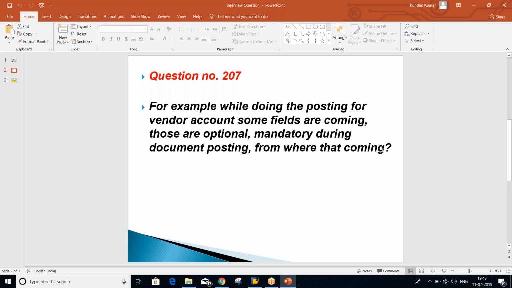Okay guys, so this is the question. The interviewer is asking, whenever you post any document, for example he has given the example of invoices, that while posting the vendor invoices, lots of fields are appearing. So now the interviewer is asking how those fields are getting controlled. How can you make those fields optional or mandatory? The answer is pretty simple,